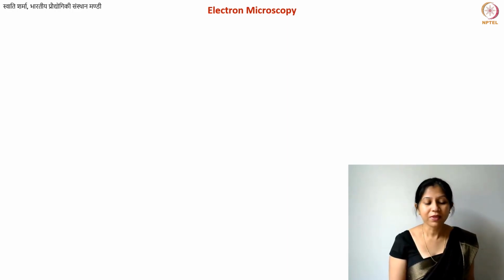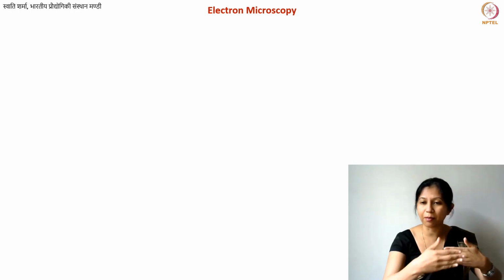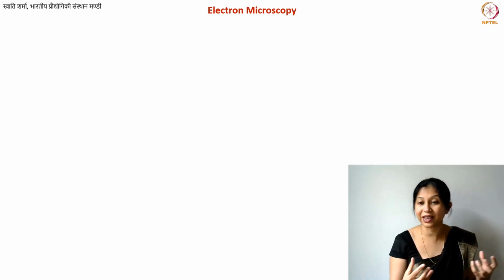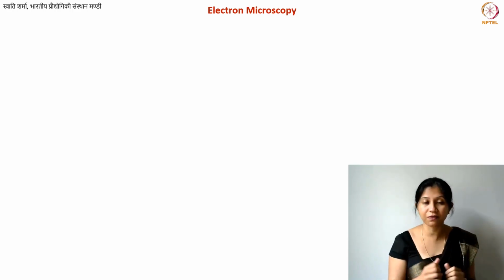But at the same time, there are a few small things that we need to take care of, because in the transmission electron microscope, you may sometimes also get some wrong impression of the material. So this is what we are going to discuss. Similar to the other techniques that we have discussed, I'm not going to go into the fundamentals of transmission electron microscopy. I will give you references and resources to learn about that. But we will be focusing on how it works for carbon, especially these confusions, right? When some planes look like they are on top of each other, but they are actually not. Some planes look like they are intersecting each other, but they are actually not. So all of this we are going to discuss.